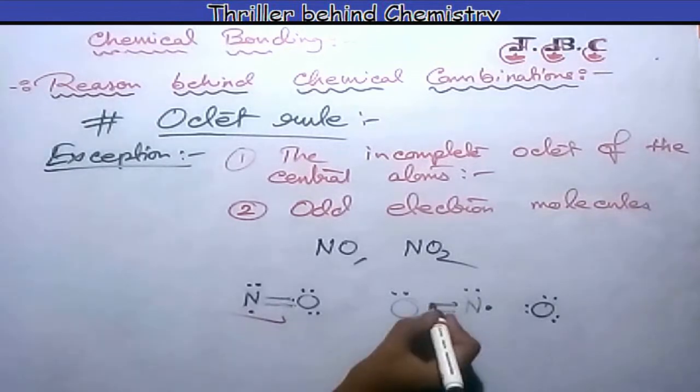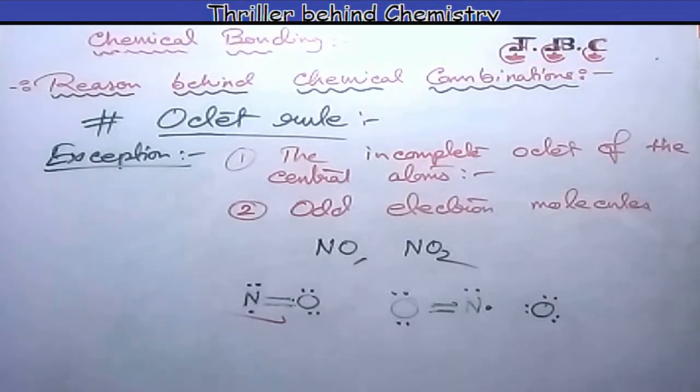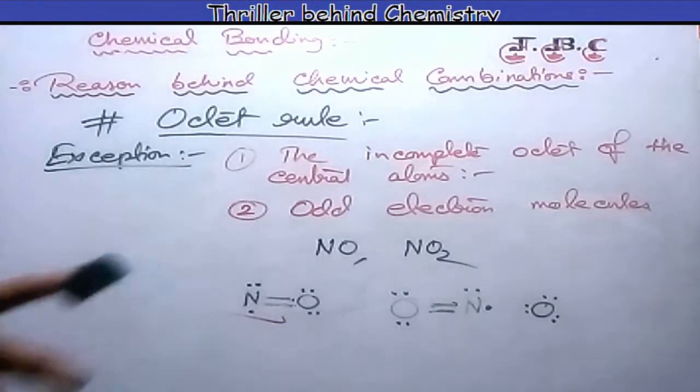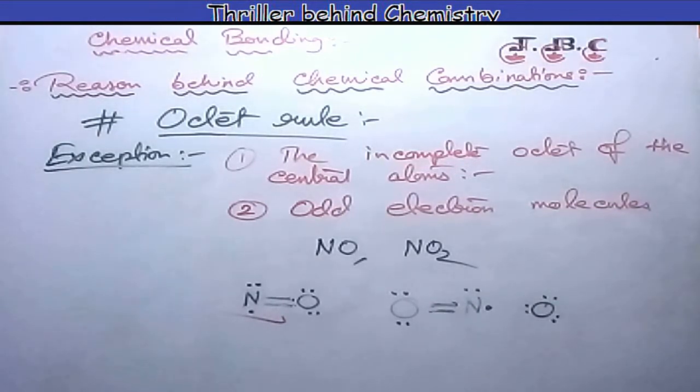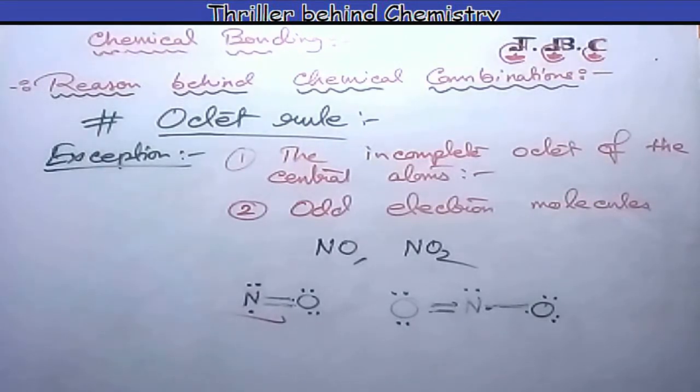So one oxygen atom can make a double bond with nitrogen, but for the next oxygen atom it's difficult to make a double bond, because now nitrogen has to bond with others as a single. So now this oxygen atom attains stable electronic configuration, but this oxygen atom till now can't attain it. Here oxygen is more electronegative than nitrogen, so oxygen attracts the electron cloud of nitrogen to gain stable electronic configuration, and nitrogen also donates an electron to oxygen.